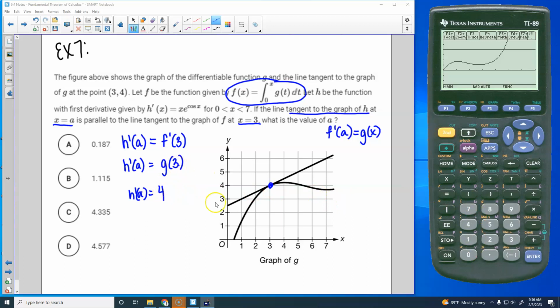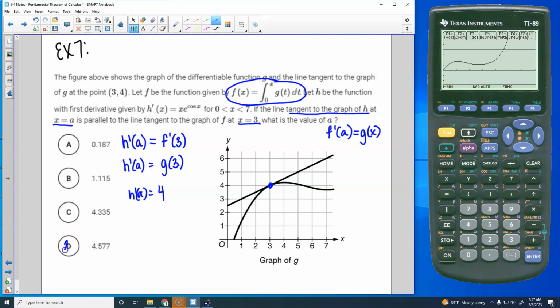So it's telling you at x equals 3, so you're looking for f prime of 3, which is g of 3. And so if you look at your graph, g of 3 is 4. So in that y2, I'm putting 4. And for this graph, our multiple choice here, 1, 2, 3, 4. It's between 4 and 5. It looks more like D to me.